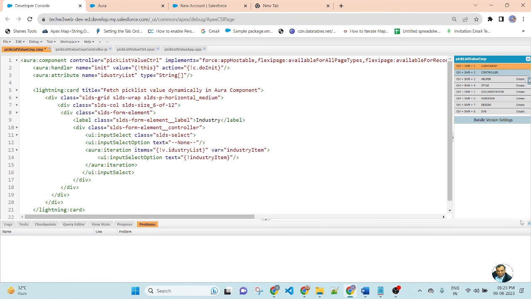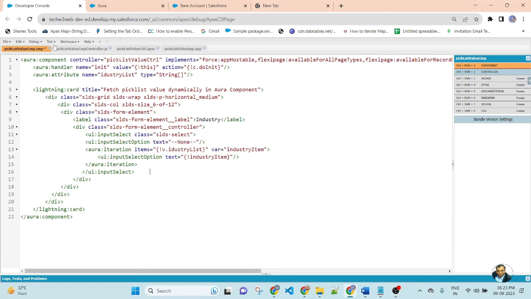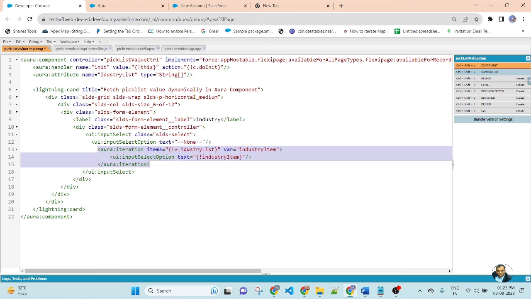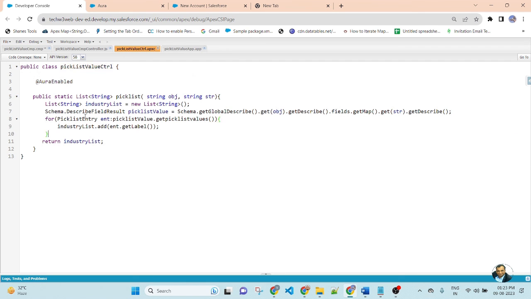First I create a component. In the component, I am using the ui:inputSelect. Inside the ui:inputSelect, I use a default none option, and after that I apply aura:iteration. Inside the aura:iteration, I am using the loop. This is a list of strings. This string holds all of the values coming from the method.